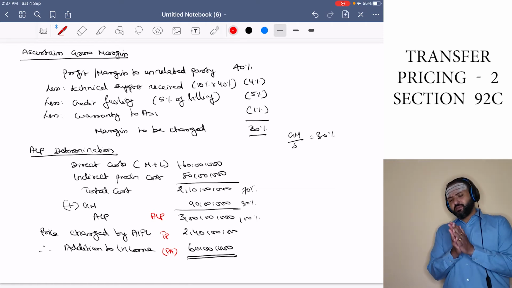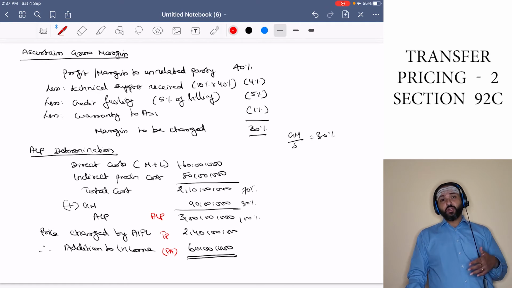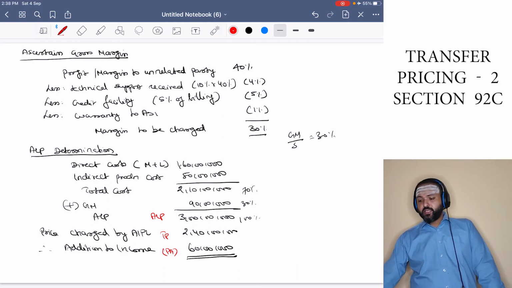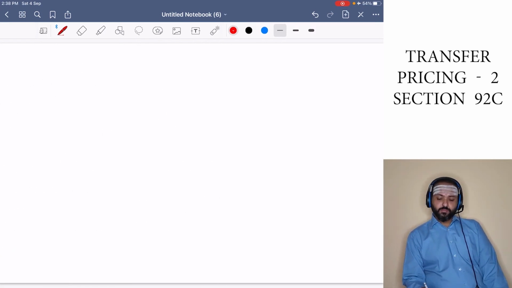Okay. Don't worry. In the next session or probably after 1 or 2 classes where we try to complete the entire syllabus of transfer pricing, we will take up problems from past examinations and mock test papers and sort out problems on these particular methods of ascertainment of transfer prices. Okay, so with this we have completed the cost plus method. Now the next method that we will do is method 4,